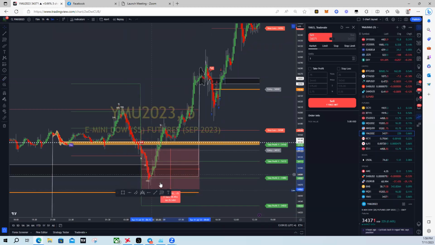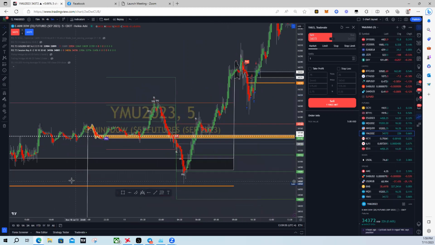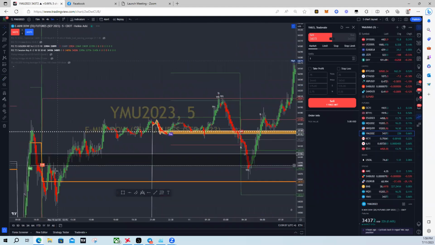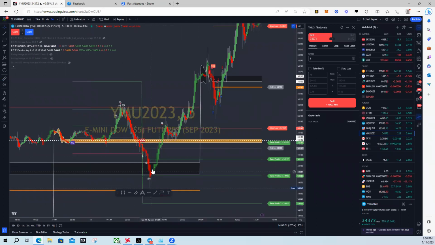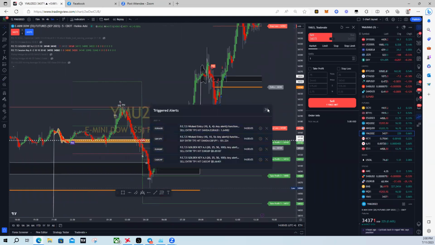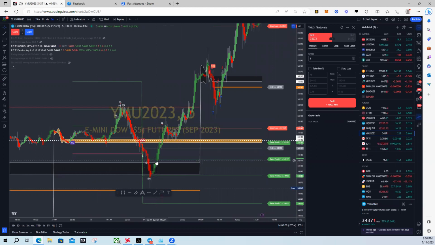$350 or so. Now that it is at the session key zone, notice here, we're at the session key zone. When it breaks back above the session key zone, you can catch another buy. If you're buying above, your stop loss is right below. If you're selling below, your stop loss is right above. So now that we see the sell, we can sell this